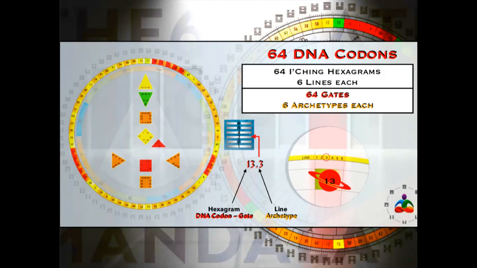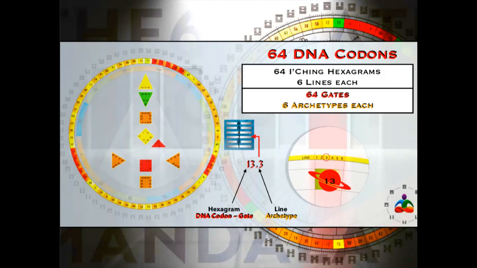So we finally got the technology to map the human genome, and lo and behold, right underneath our noses the entire time, one of the oldest written manuscripts on the planet was already laying out the human genome all along. So these hexagrams represent the DNA, okay? And in the chart, they're corresponding to something called the gates. There's 64 gates. They're distributed amongst the 9 centers. And each of these gates